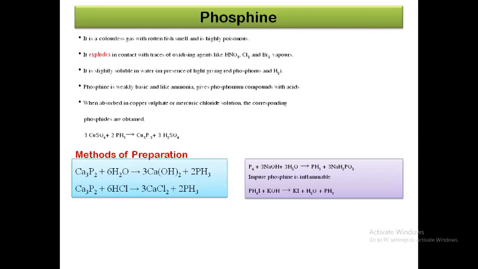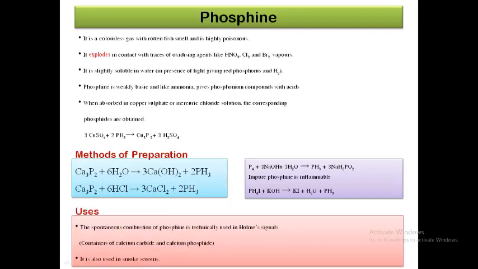The very important method of preparation of phosphine is treating phosphorus vapors with the base. When phosphorus is treated with sodium hydroxide solution, it gives phosphine and sodium hypophosphite. If the phosphine obtained is impure, then it is highly inflammable. So it should be purified by making it react with potassium hydroxide. So phosphonium iodide reacts with potassium hydroxide to give potassium iodide, water and pure phosphine gas.